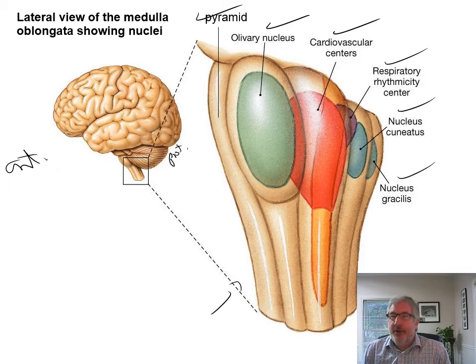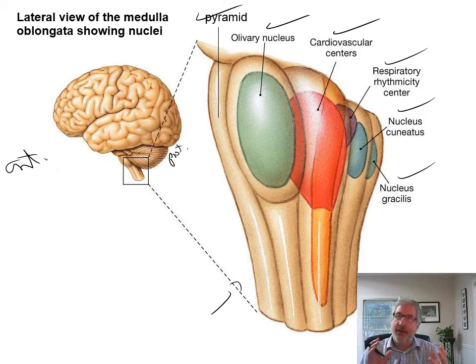You don't have to know where these pieces are for the test. I just want you to know that these things are there, and you have these cardiovascular and respiratory centers on the posterior side of the medulla, so that if the dens drove up into the medulla, up into the skull, then you could easily damage those centers, or if you had other types of damage back there. So it just gives you an idea of what can go wrong.